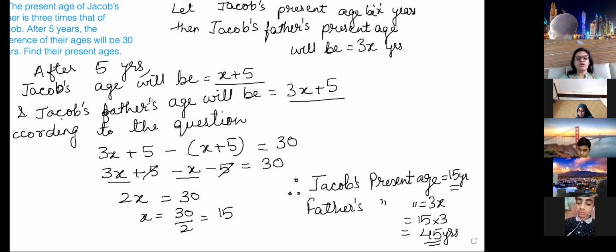Okay. So in linear equation word problems, you will get number problems. Then age problem is very important. Then area problem or perimeter problem. All these different types of questions come. So we'll solve 1 or 2 questions from all the sections, so that you understand how we solve this. This age problem is very important. Present age you will suppose, then after 5 years, according to you, what is it? And then according to the question, you will make the equation. Okay?